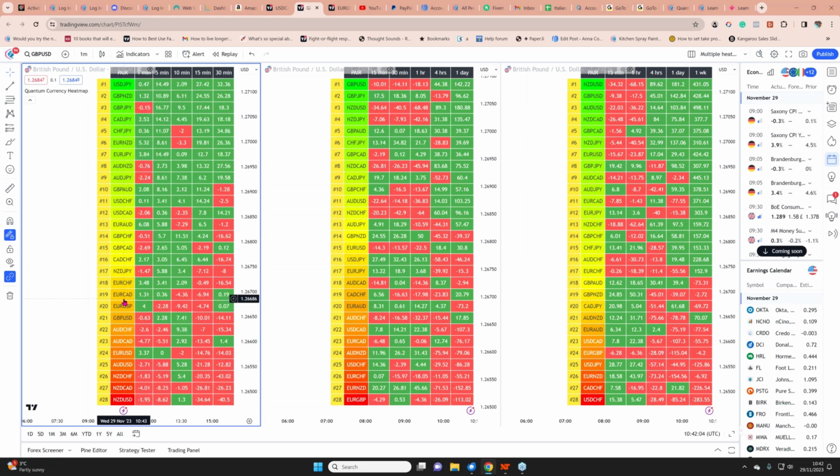Where is the pair I'm looking at? What is happening in the context of the matrix on the fast matrix? What is happening in terms of the currency heat map and the ranking that I'm looking at there? Because this is weighted, so it will move much more slowly. So these pairs may only move 1 or 2 slots in a day. But as I say, on the heat map for TradingView, you can speed that up by virtue of the fact you can change the time frame.